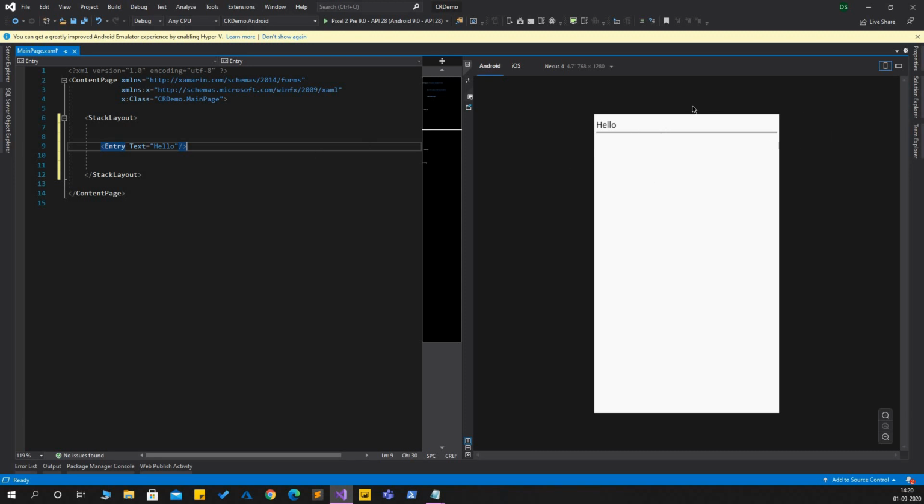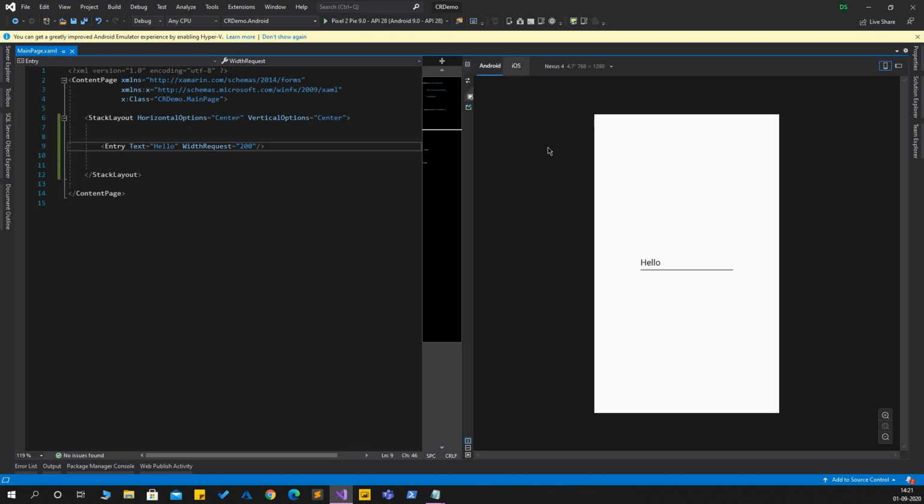So now it is rendered on the designer view. I'll make it in the center. And I'll give it a width. So now we have an entry in the middle of the designer view.